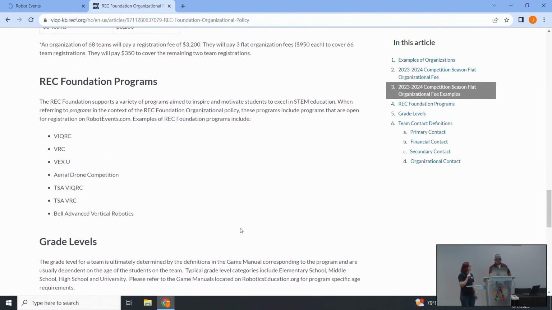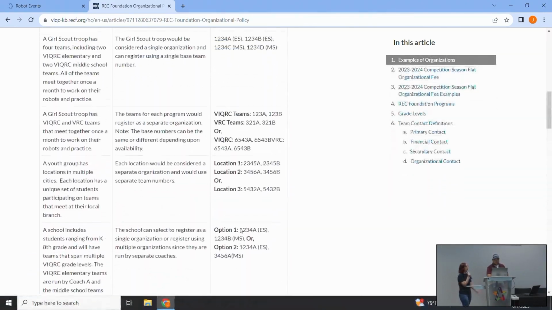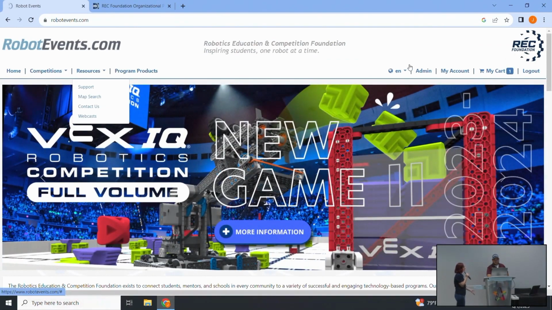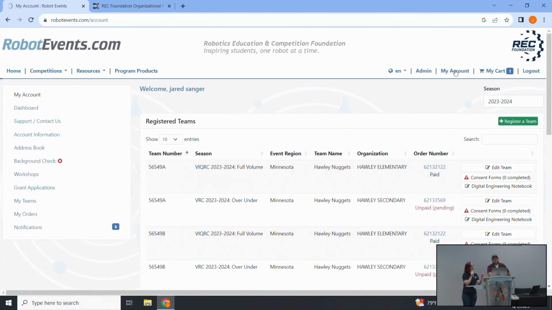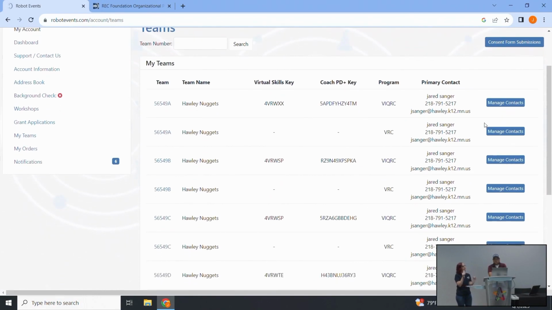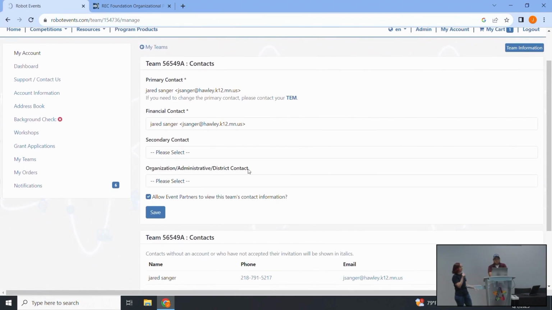Alright. So that's pretty much it for Robotevents, other than if you would like to, after you've registered your teams, update your team contact information, those kind of things. And you do all of that from your account, and then click on My Teams over on the left. And that's where you can see a quick reference of all of your teams, without all of the other information. So these Manage Contacts buttons on the side allow you to assign that primary, secondary, financial, and administrative